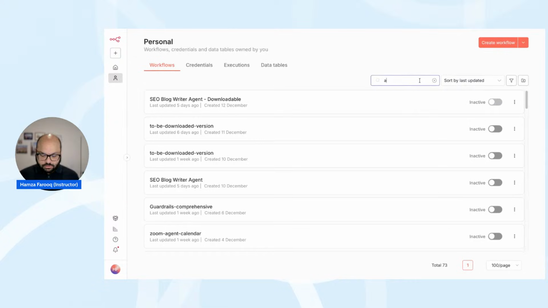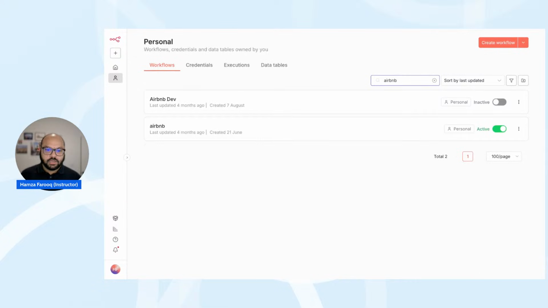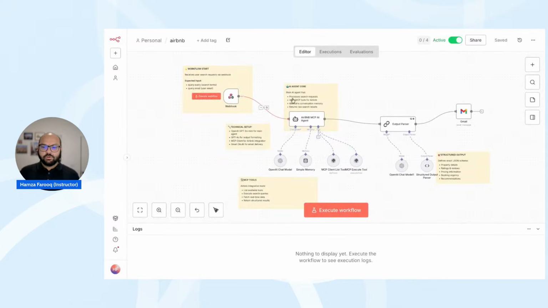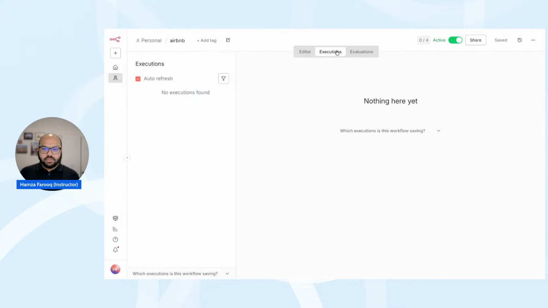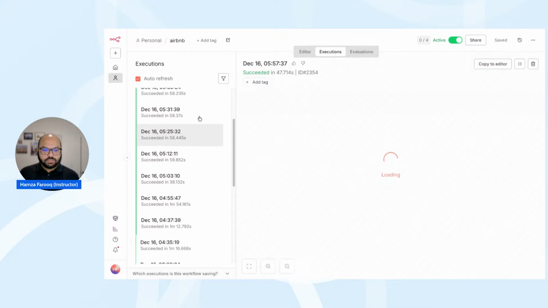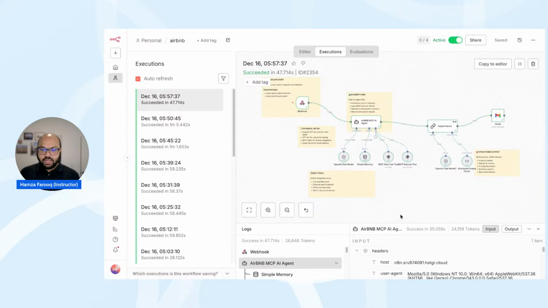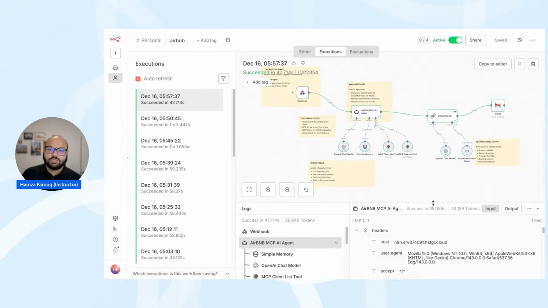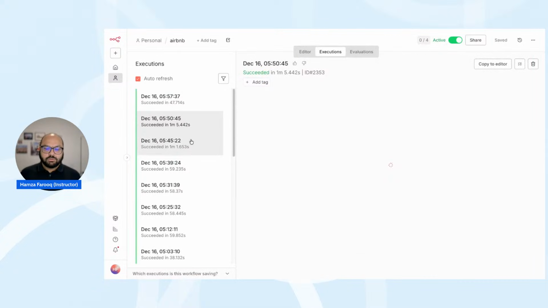So if I show you an example, there is an Airbnb tool that we have here. The Airbnb tool follows the exact path that we have given. We have a bunch of executions over here that you can see that have taken place. It has extremely good logging, and within each node, you can identify how to handle different errors, and when something happens, what to do, how to proceed.